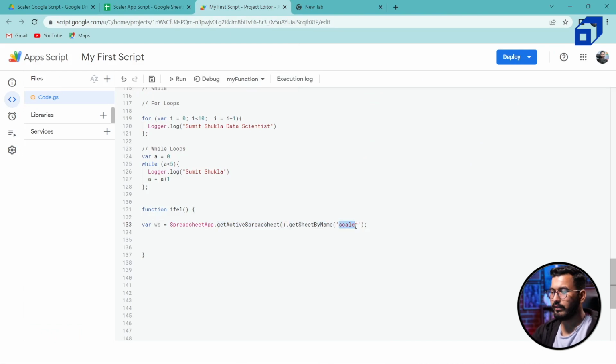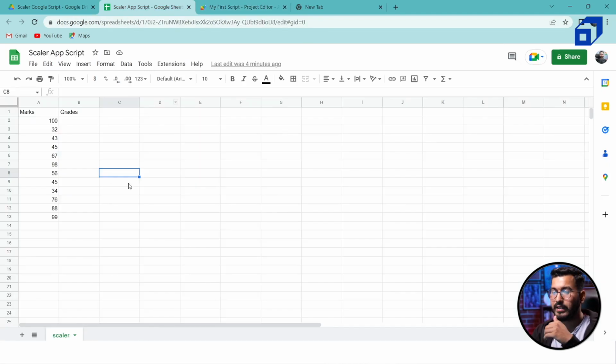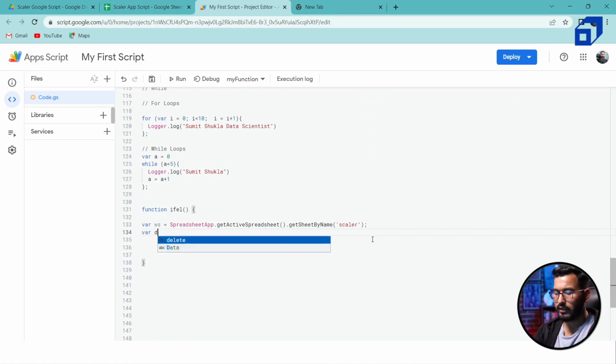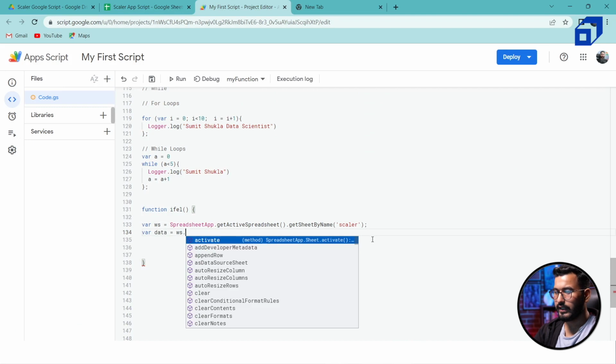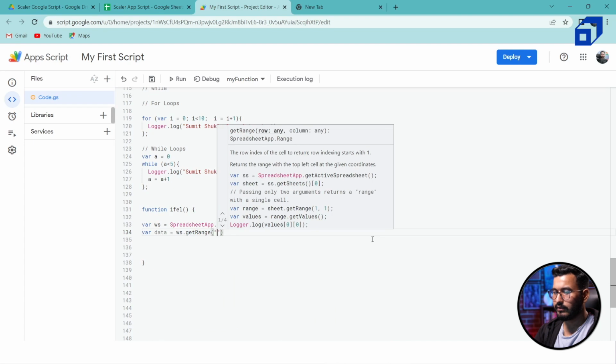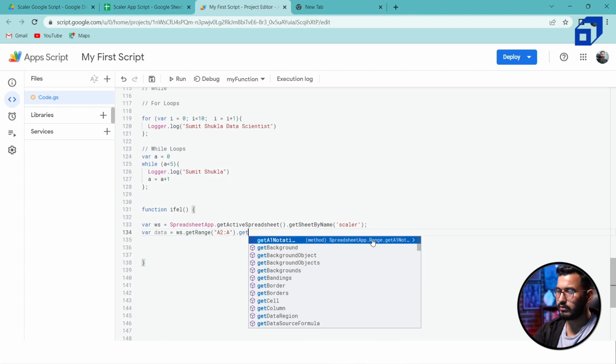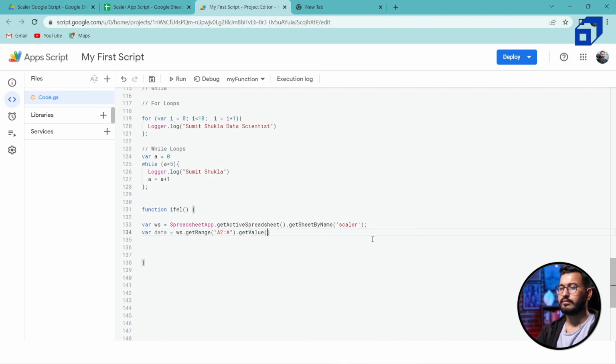That is one thing that we have done. So we have obtained the sheet. Now we have reached this particular sheet. Now my next step is to get this particular data. So let's do that. I'll create another variable, name it data, is equal to ws.getRange("A2:A").getValue();